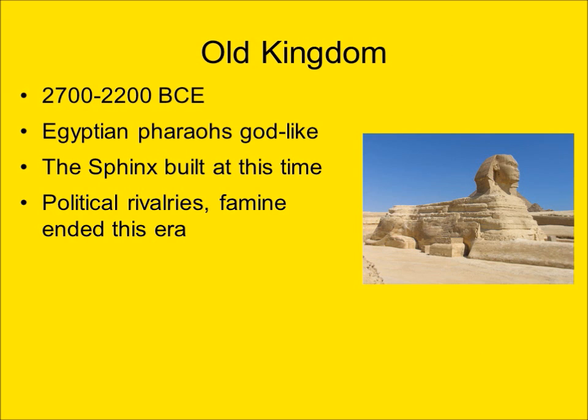For the purposes of this lecture, we're going to divide up Egyptian history into just 3 periods: the Old Kingdom, the Middle Kingdom, and the New Kingdom. In the Old Kingdom, Egyptian pharaohs were very much like gods, sort of omnipotent. This is a time of relative peace for Egypt, and the nation of Egypt, as it became the Kingdom of Egypt, developed during this time period. There's a sense of an Egyptian identity.